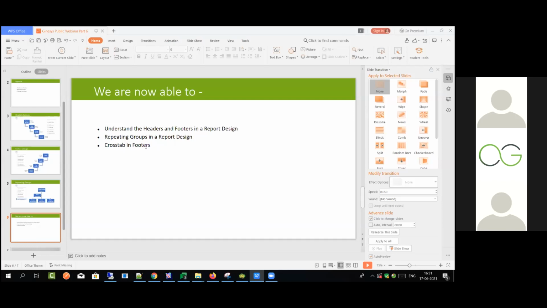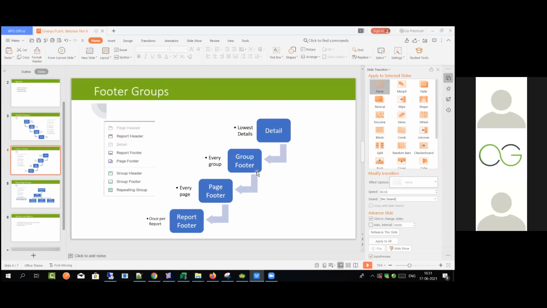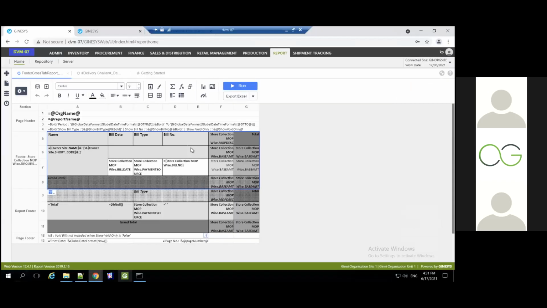Well, it cannot be a page footer, because in a page footer you do not have any data. It can be used in a repeating group footer, or in a group footer and a report footer. So these are the 3 places where you can use the cross tab. Depending on the exact scenario, you will be using that particular footer. Let me take you to an example.